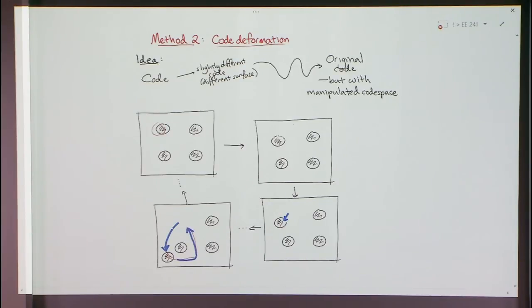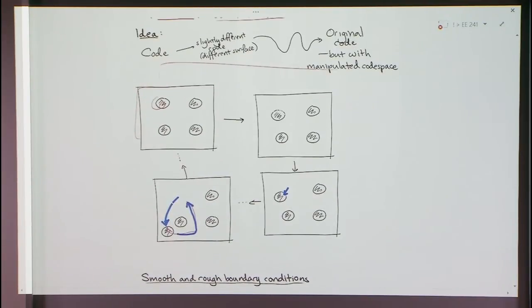And so we start with one code, we end with the same code. These intermediate things are different codes. They're completely different codes, but they still give you the same protection, so long as you keep the holes far enough apart from each other. You're still protected against errors, even in the middle. But the idea of this code deformation is that even though we start and end in the same code, hopefully some interesting logical operation has been applied. Actually, in this example, nothing interesting has been applied. I've applied the identity. So I need to go through a couple of technicalities to actually do something interesting, but not anything bad.